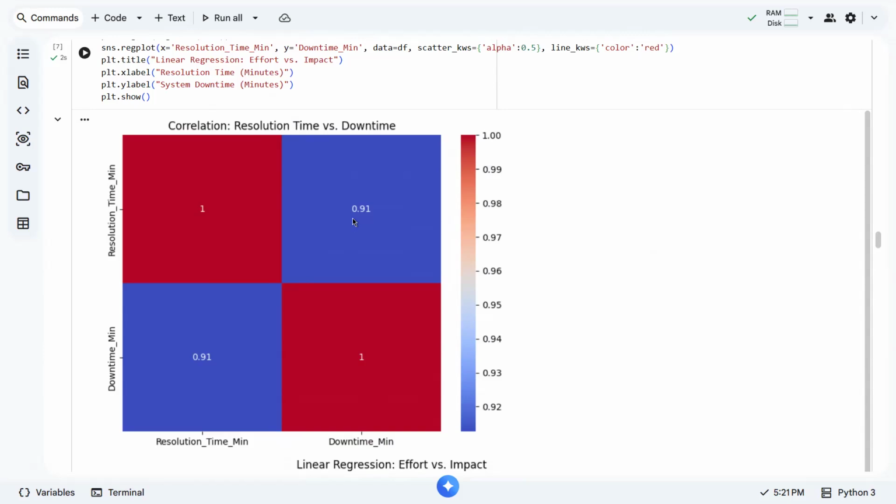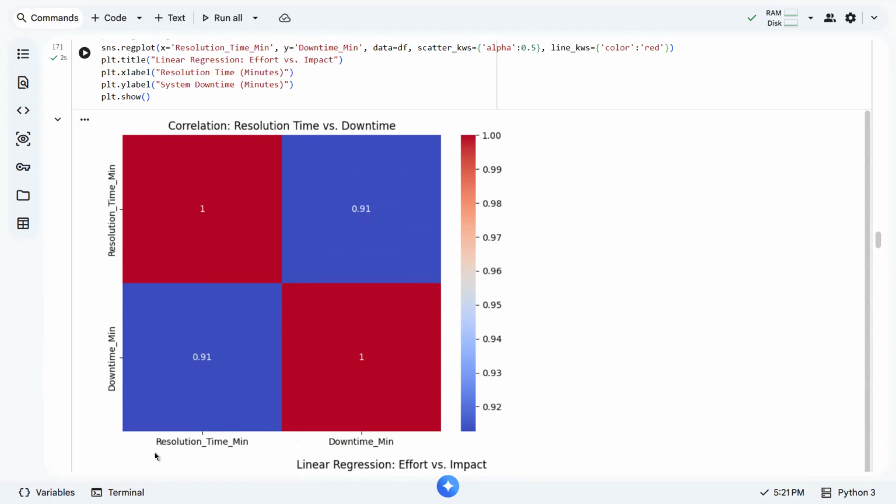It's very high, very close to positive one. This coefficient means that when our resolution time is high, we can expect high downtime as well.